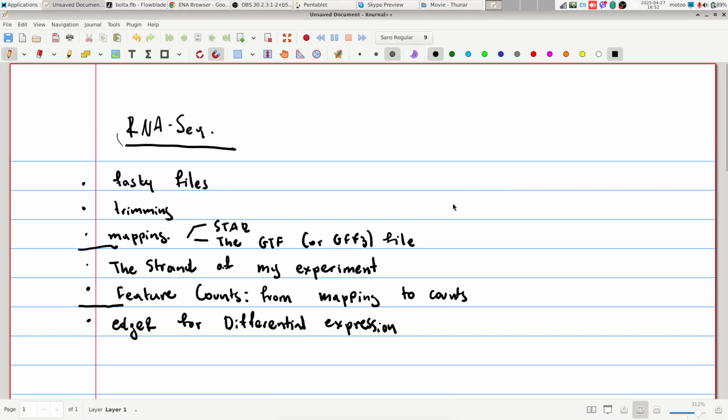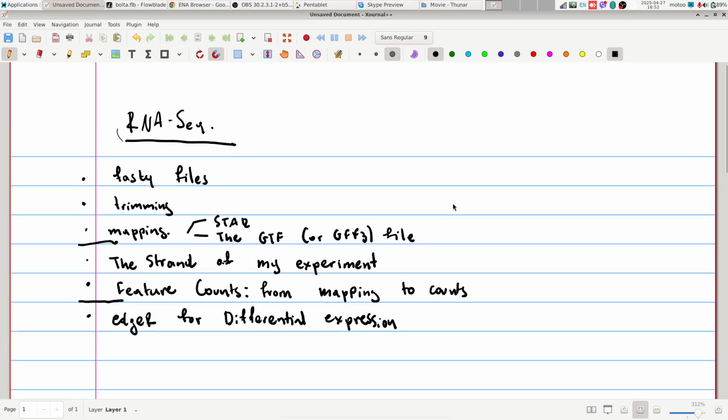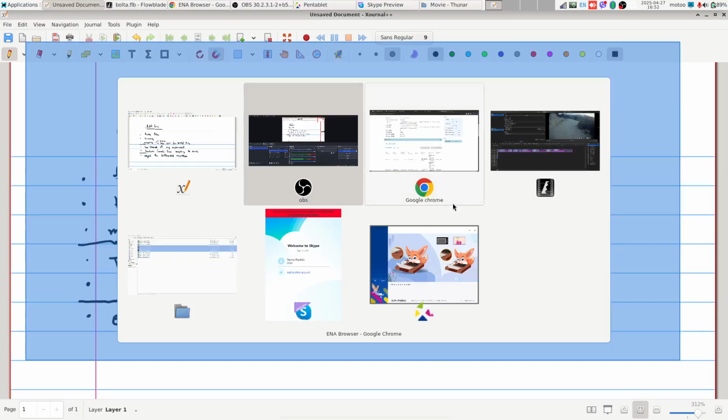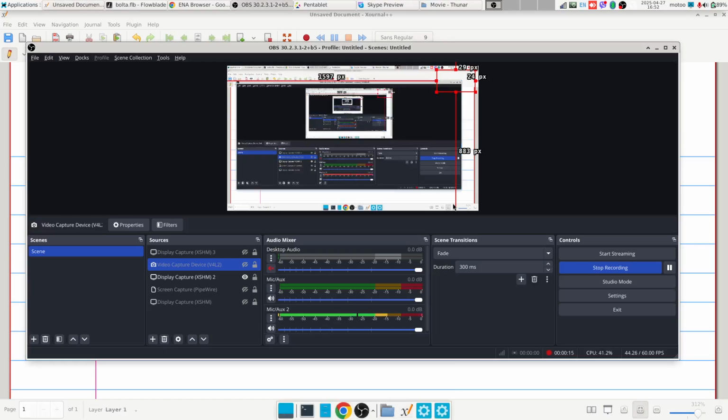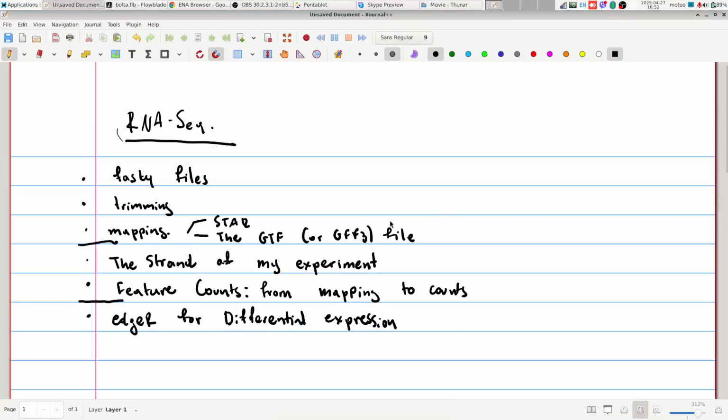Okay, now in this video lecture we will start to study the RNA-Seq experiments. And the RNA-Seq, again we will start from fastq files, then we will proceed with trimming, then we will do mapping, but now a bit differently than what we did with DNA-Seq. So we will use a tool called STAR for this,